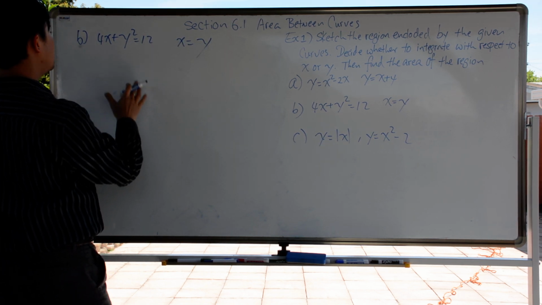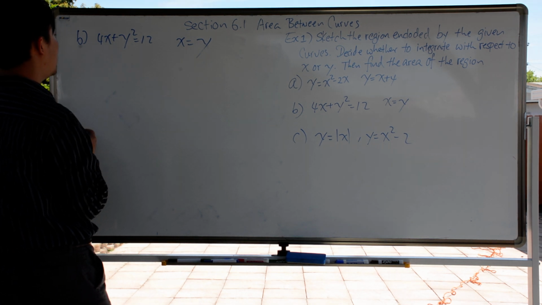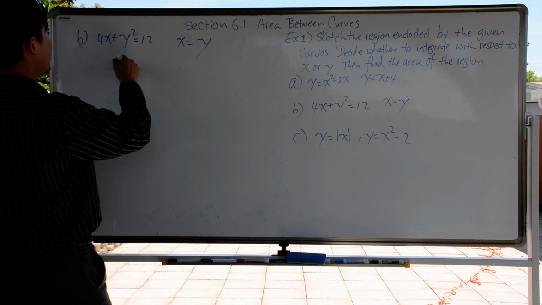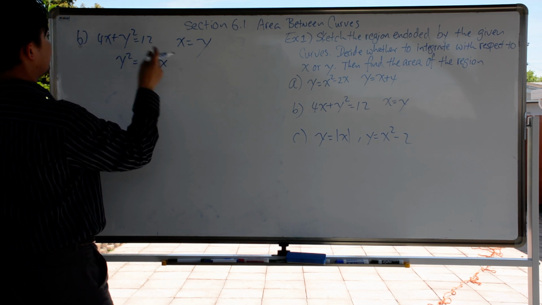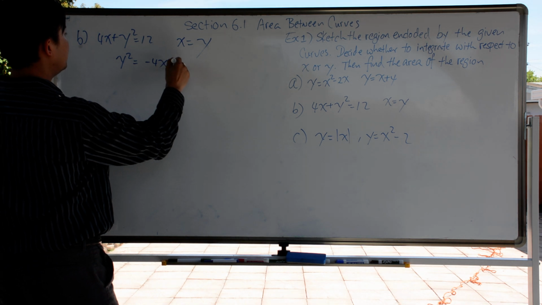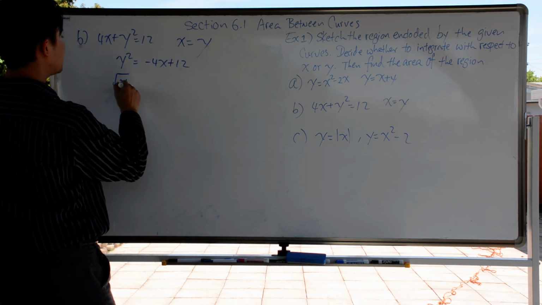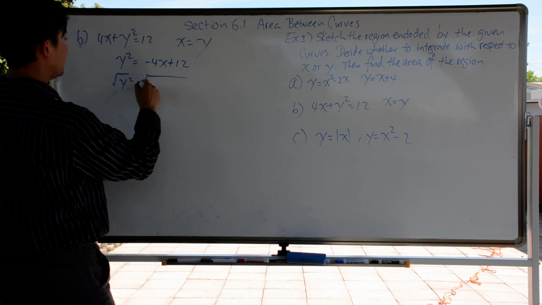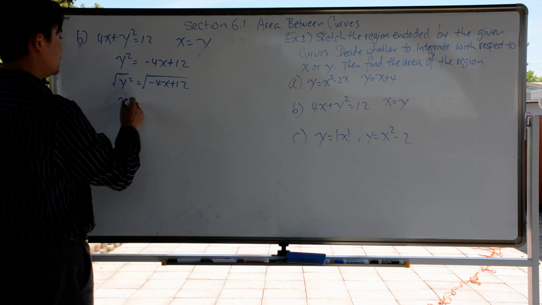So the first thing that you want to do is solve for y in terms of x, because you want to sketch the graph. So solve for y in terms of x. We do have y squared that equals negative 4x plus 12. And then take the square root of both sides. So we do have the square root of negative 4x plus 12. So y equals,